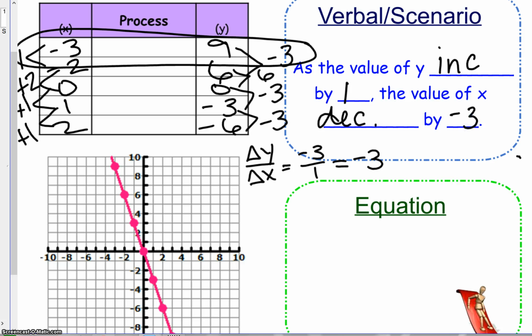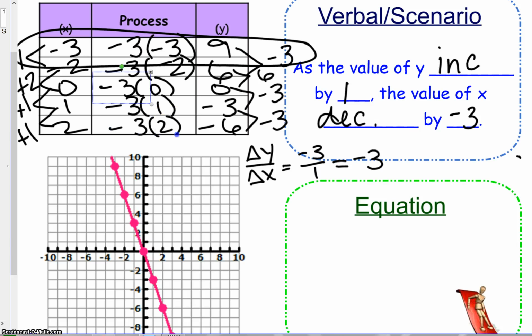So our equation, or we've got to figure out our process. How do we get from -3 to 9? -3 times -3. -3 times -2. -3 times 0. -3 times 1. -3 times 2. So our equation can be y equals